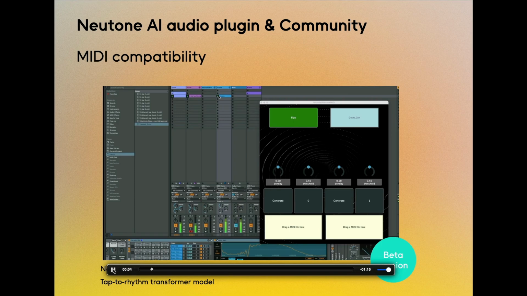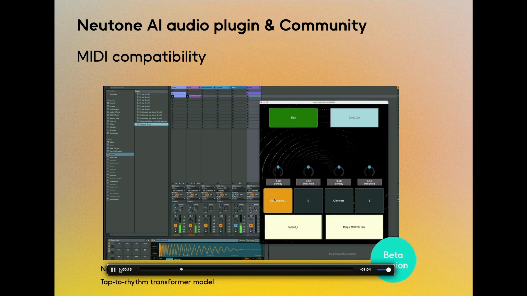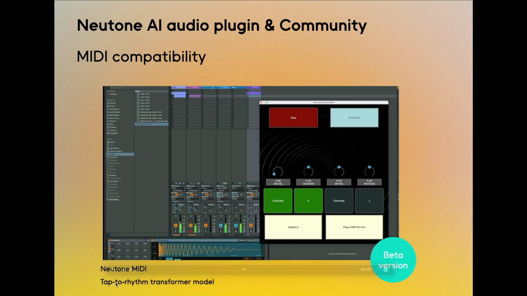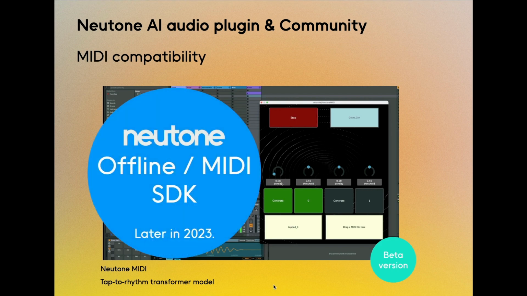This hi-hat is input. And you can generate a realistic rhythm pattern out of this tapped rhythm. So this is an amazing job by Julian Lenz, one of our interns. And so we hope we can provide this offline rendering SDK and MIDI, Neutone MIDI SDK by the end of